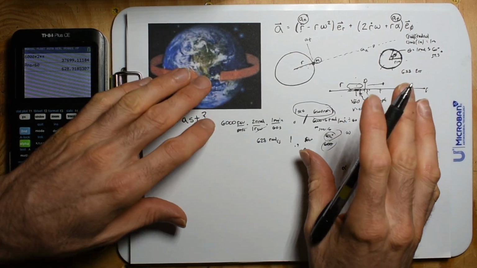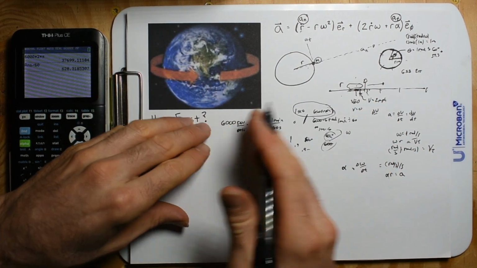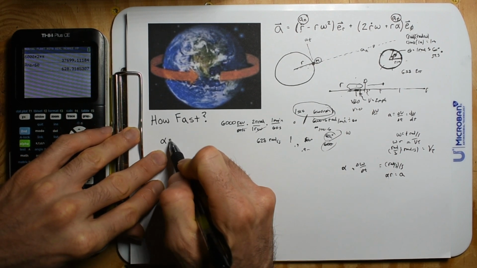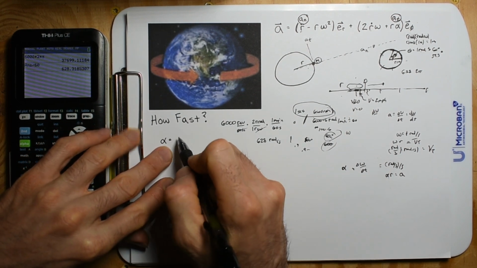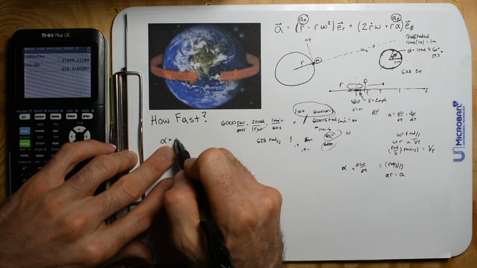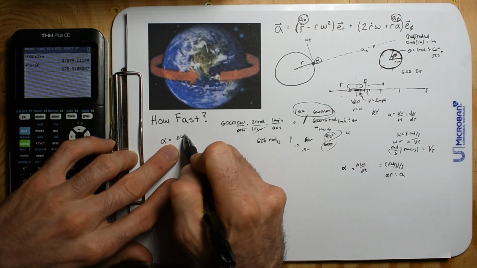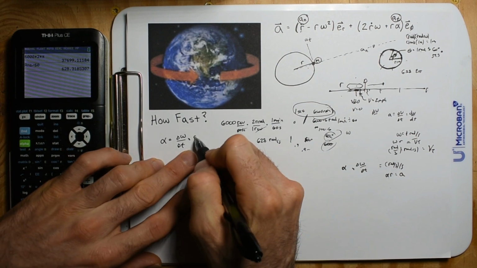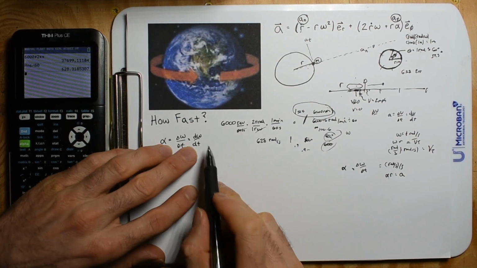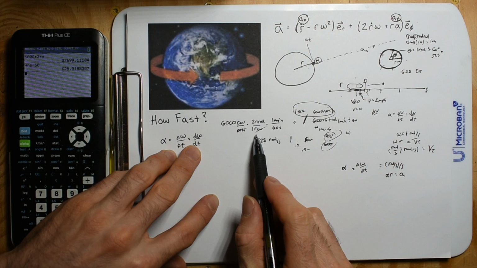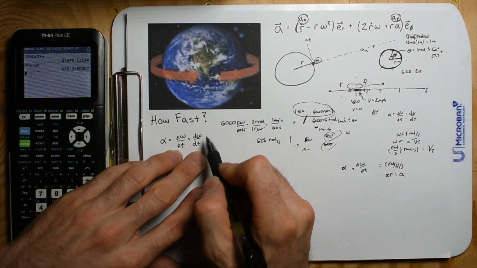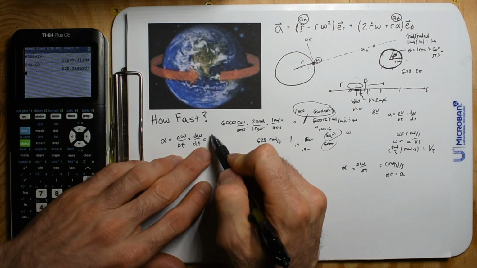It's probably not going to be a constant acceleration, but we can figure out what the alpha is by saying that this is the change in omega, change in t. So it's d omega dt. It's the change in angular velocity. So this is really hard to say these words, but yeah. So you have angular velocity, and your change is